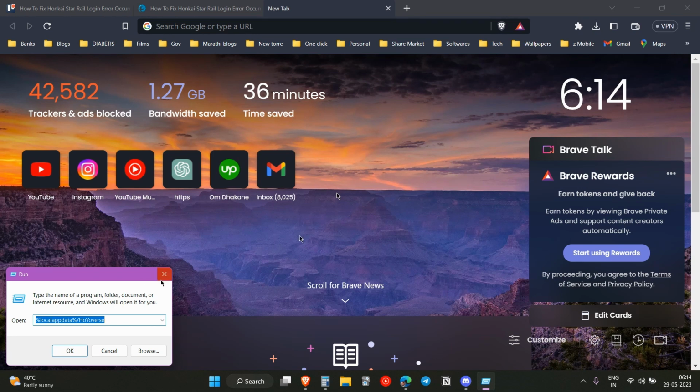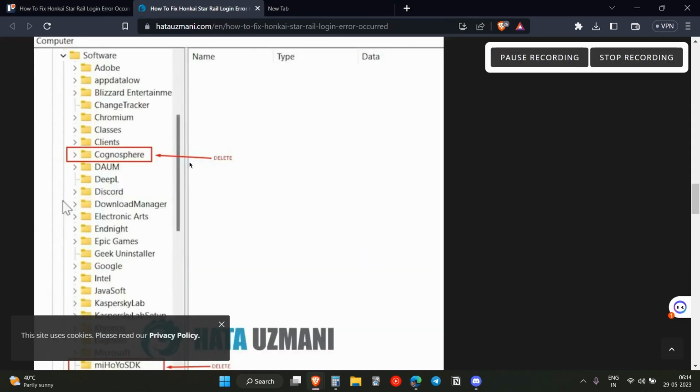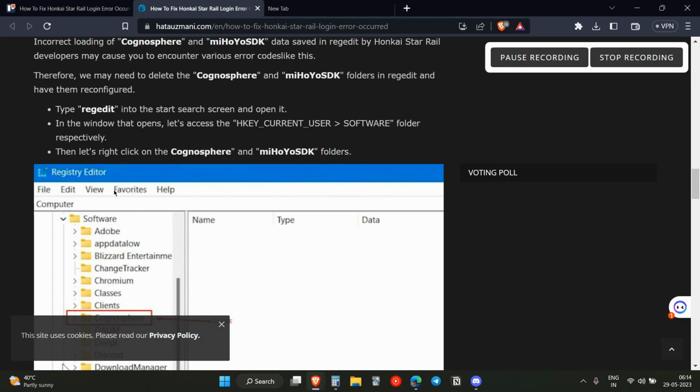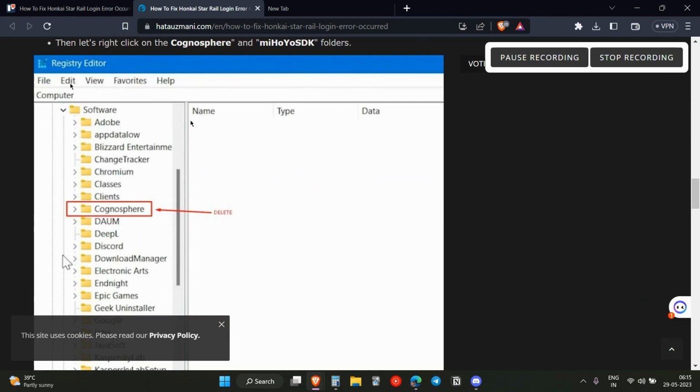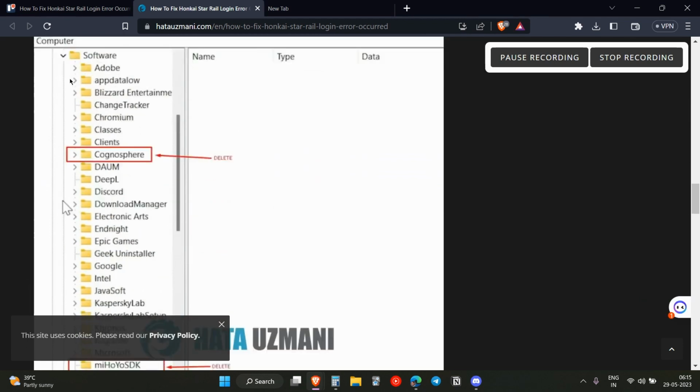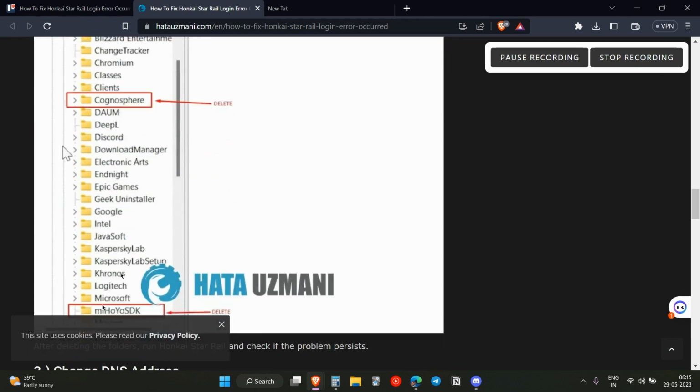If the problem still persists, what you can do is type in regedit on your start search bar, which will open up this Registry Editor over here. Now you need to head over to the Software section and right click on the Cognosphere and the miHoYo SDK folders, and then delete both of them. Then you just need to open up the game again, and that will